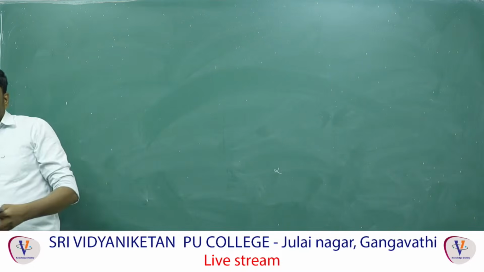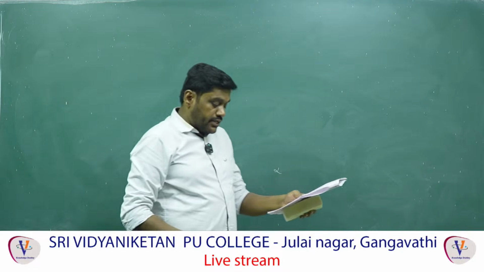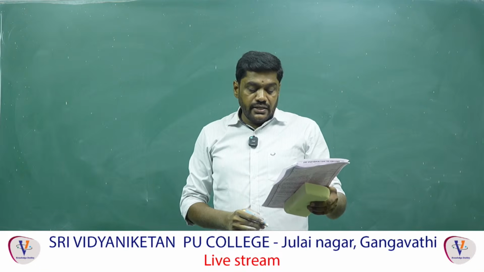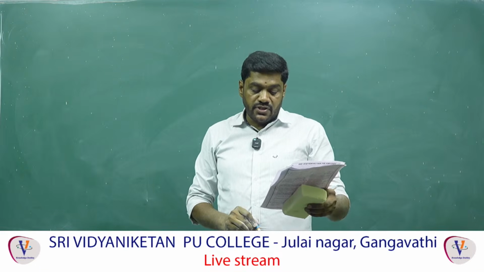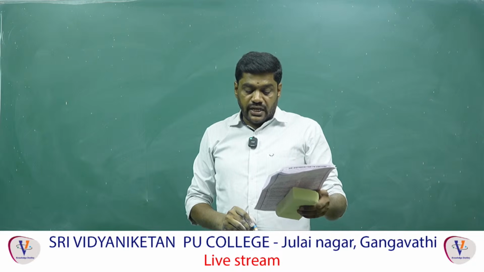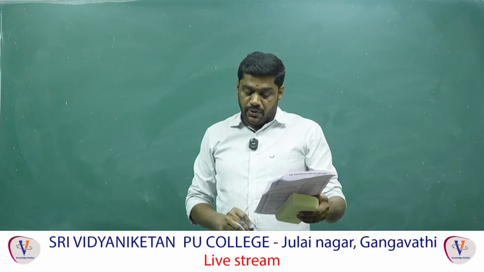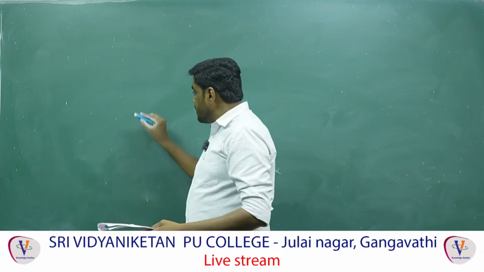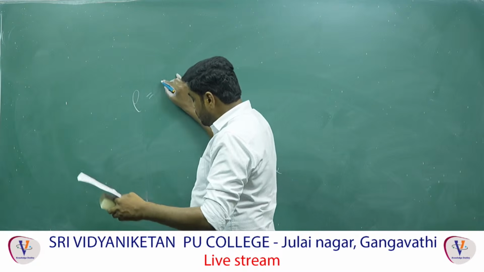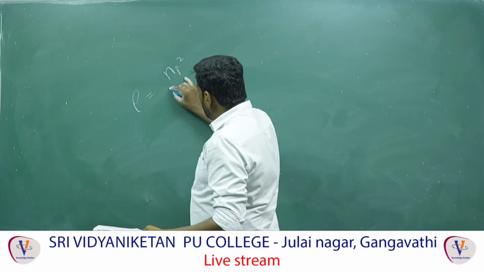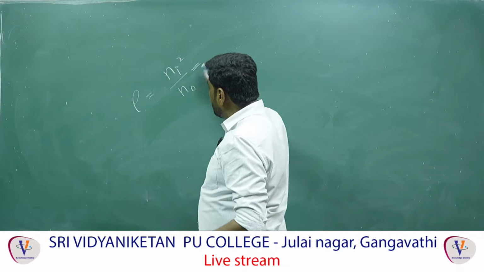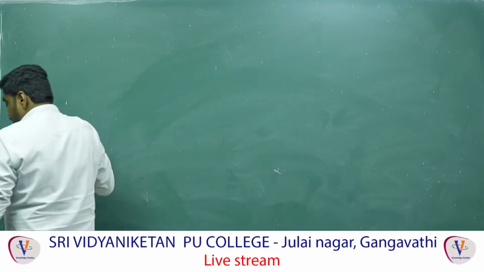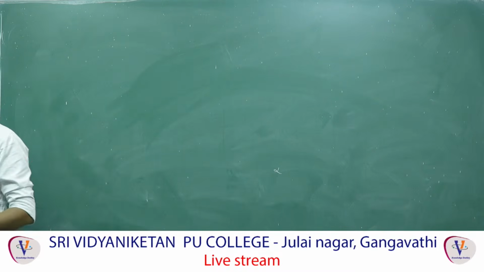Question number 18 is our material question. You can go through direct answer. And question number 19 also is there in our material, because the intrinsic carrier concentration of silicon sample at 300 Kelvin is 1.5 into 10 power 16 per meter cube. And they are asking the density of the majority carrier. Therefore, the density of the majority carrier is equal to Ni square by N0. So this is the formula, Ni value and N0 value given, just you substitute. That is also from our material only. Next, question number